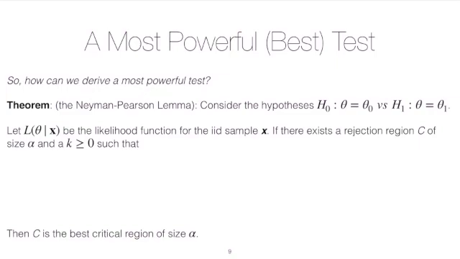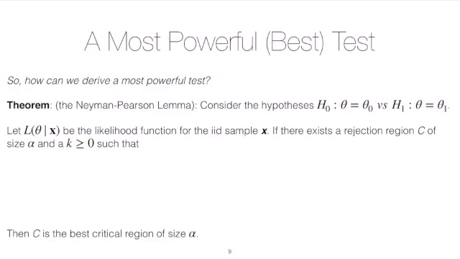So that means the null hypothesis is simple and the alternative is simple. So basically, the parameter of interest is equal to something under the null versus it being equal to something else under the alternative. So we'll use the notation that L of theta given x is our likelihood function for the IID sample, a vector of x's. And we'll let C denote a rejection region or a critical region of size alpha, and k is just a